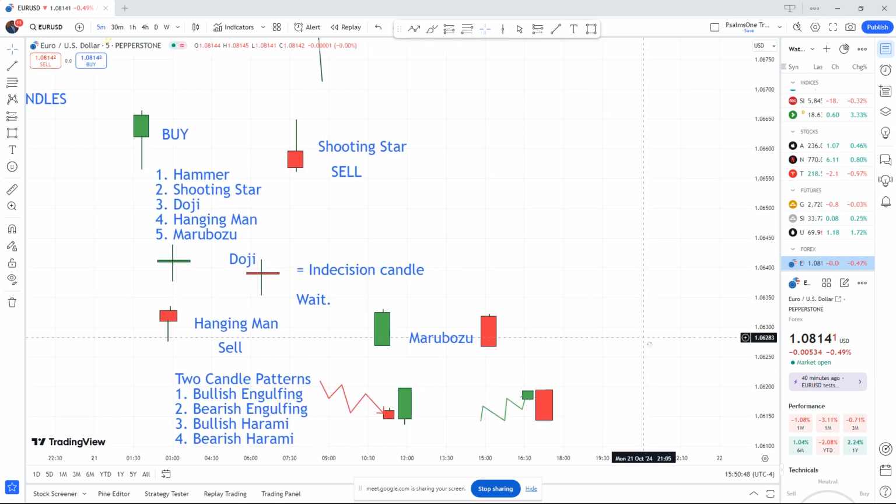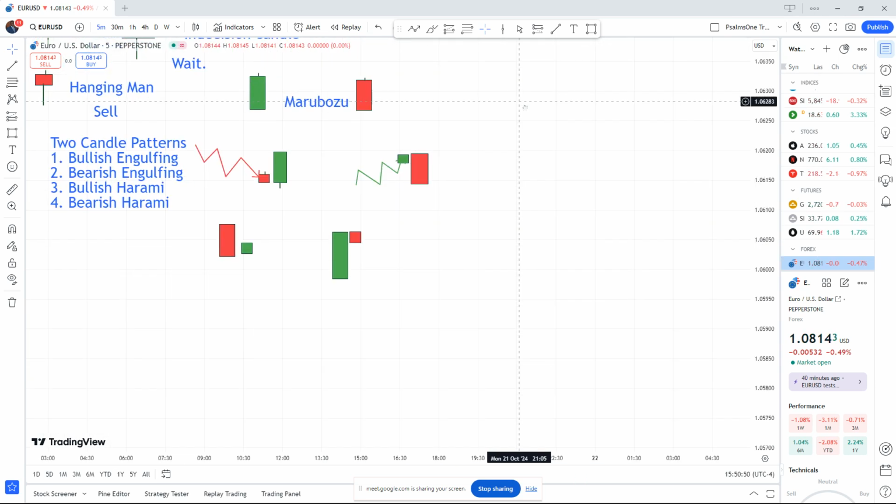Okay. There's another pattern. Bullish harami, bearish harami. So for bullish harami, it will be like this. It will be a small green candle after